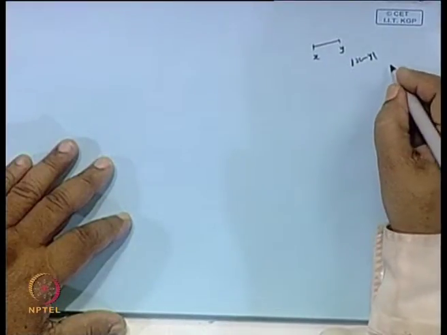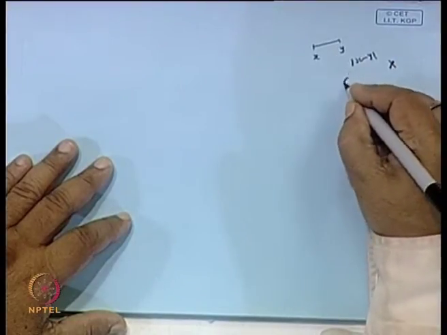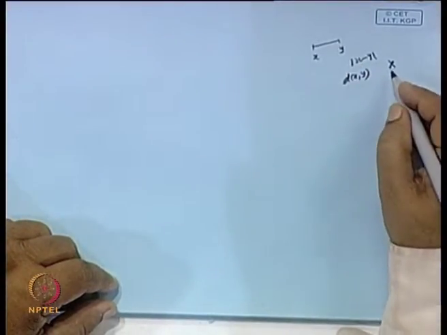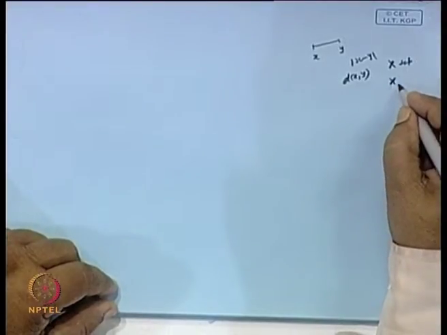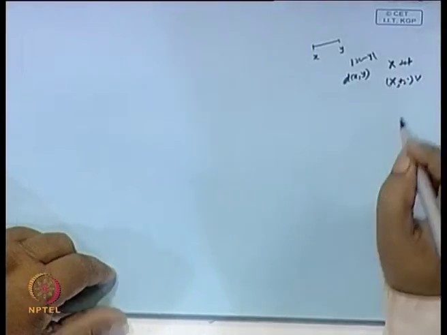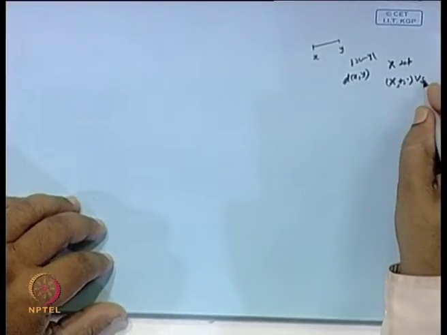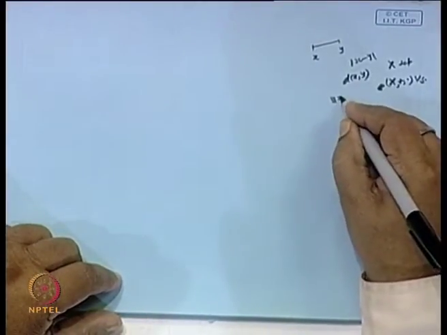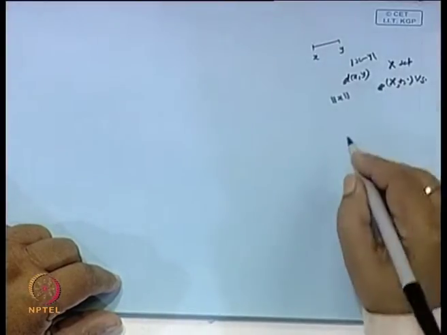In the metric space, what we have seen is that the notion of the distance between two points on the real line is taken as mod of x minus y, and this concept has been generalized to an arbitrary set X by introducing the notion of the distance d. Then, instead of taking this set simply as a set, we have introduced operations and considered the vector spaces V, and on this vector space we have introduced the concept of the norm, and this norm generalizes